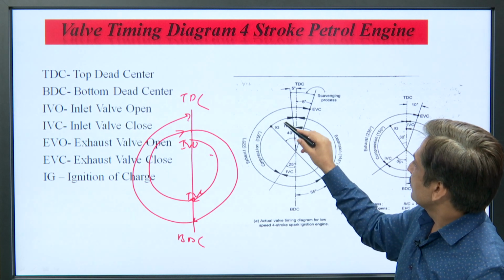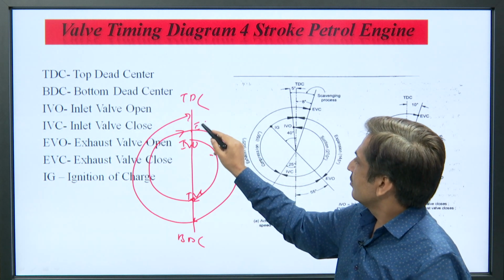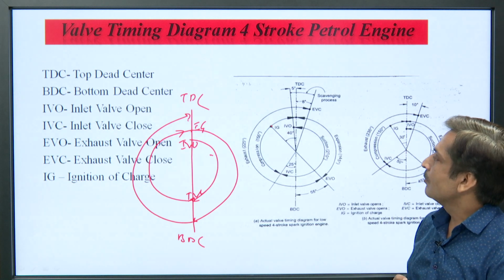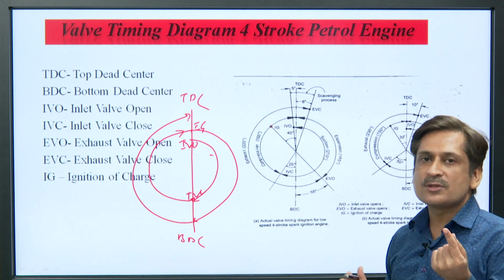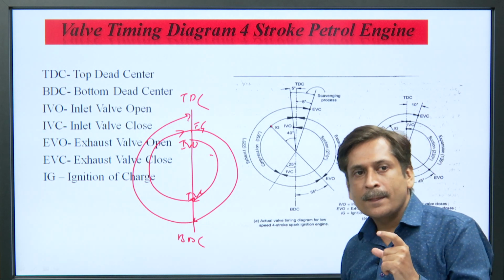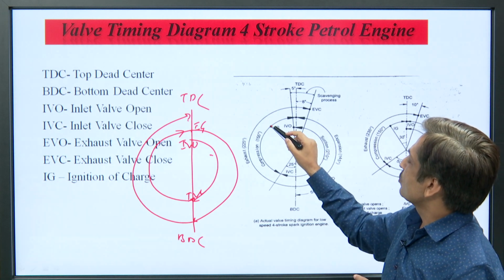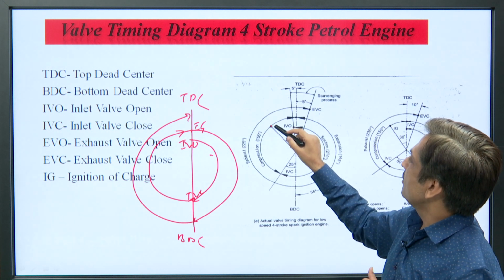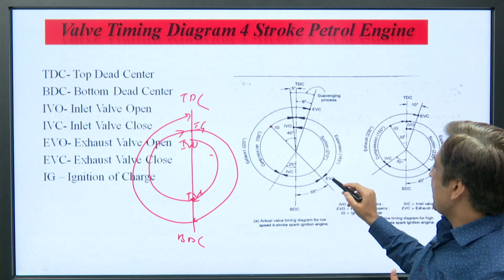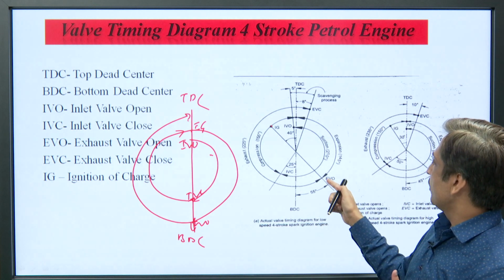Then compression, and before compression we start ignition. Ideally it starts here, but really ignition starts somewhat degrees before. Why? Because it is not an instantaneous process. Ideally it is instantaneous, but really it needs some time. So, that is why it starts before, so that the flame can propagate and complete combustion occurs. Then expansion occurs, and the exhaust valve opens here, but in the real diagram the exhaust valve opens before.